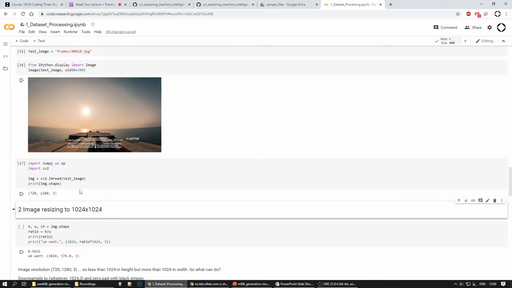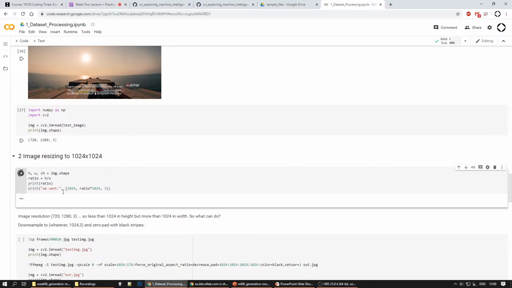So there are some ways to go around this. What we will do is basically almost like zero pad the image, so add some borders which will change the resolution of the image into having a square format. So that's one edit that we need to do. And the second one is that we will downscale it to convert it into a